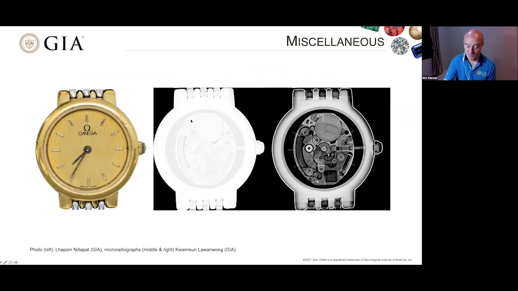So that really brings me to the end of my presentation, and no better way to end it than to show you a watch, and again, what the X-rays can reveal when you expose the watch to them. So we have here an image showing the lighter contrast, and then when we increase the contrast, we can see even more of the structure of the inner workings of the watch. So it's certainly something which reveals the hidden nature of opaque materials.